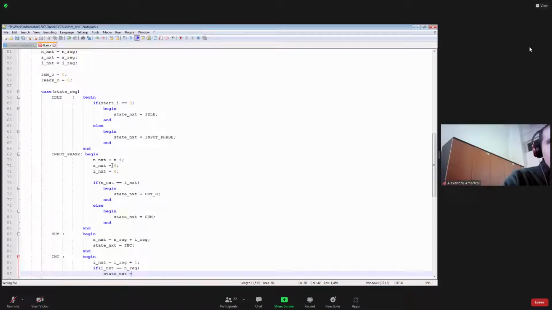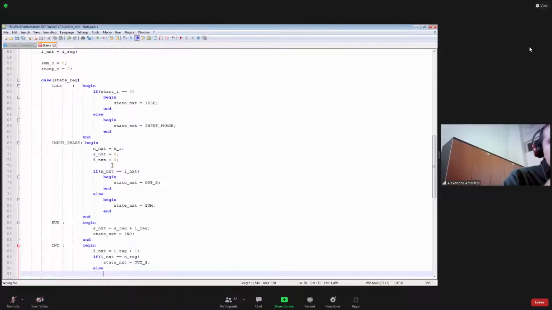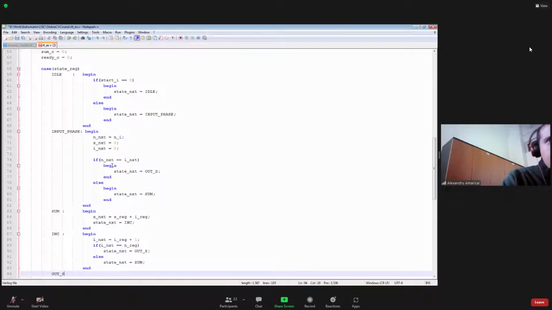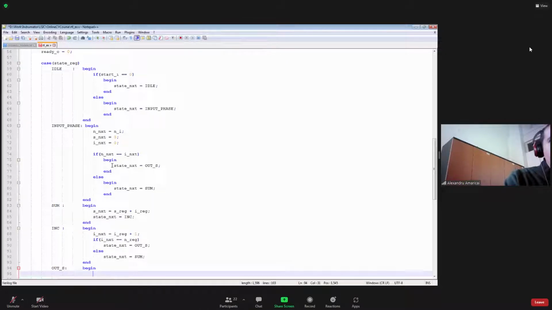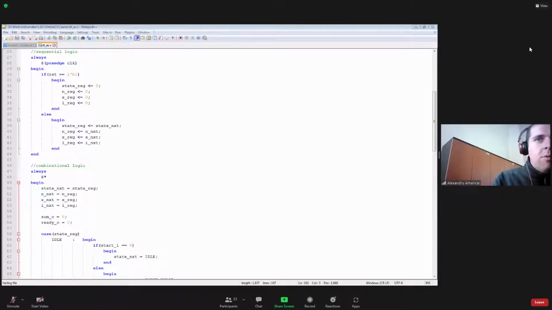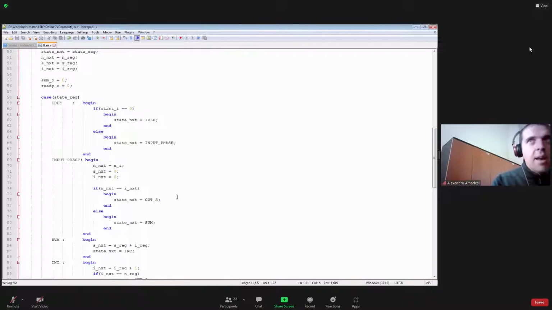State next, it's sum, and okay, and I have the last state out s, ready equals to 1, state next, and I have the RTL code for the algorithmic diagram that I had that I